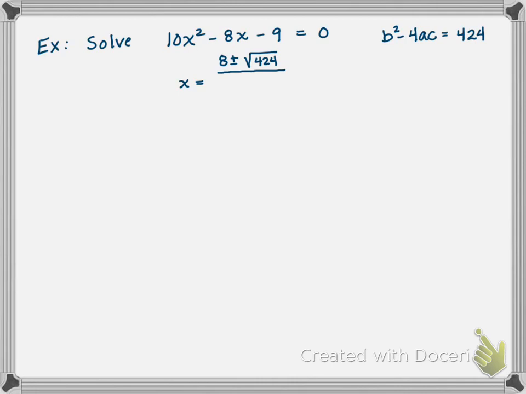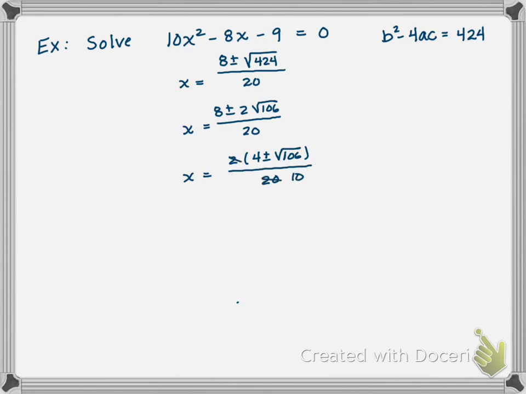Did anybody simplify the square root of 424? 106. So we have 8 plus or minus 2 times the square root of 106 over 20. And we can factor out a 2 in the numerator. So we get 4 plus or minus 2 root 106. Oh, there's no 2 there. Root 106 over 20. So that cancels, and